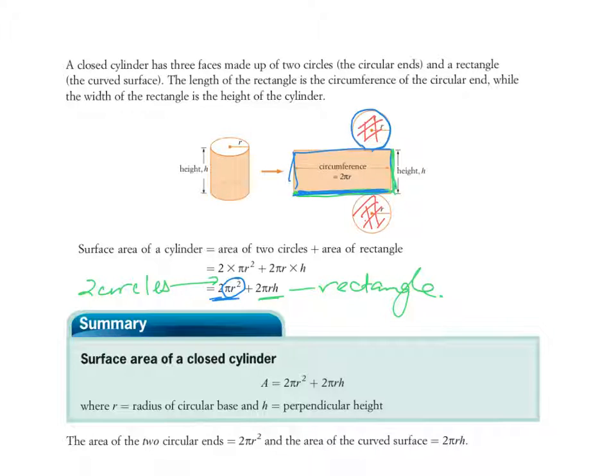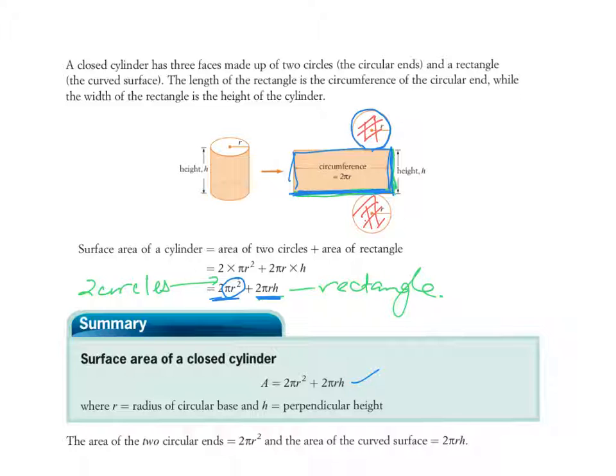Now, as you know, the formula for circumference of a circle is 2 pi r. So that 2 pi r becomes the length of that rectangle. And of course, the height is still the height of the rectangle. So the formula for the rectangle in the middle for its surface area is 2 pi r, which is the length, times h, which represents the height. So basically the formula for the surface area of a closed cylinder is 2 pi r squared plus 2 pi r h. Now that is for closed, in other words, meaning it has a lid and it has a bottom